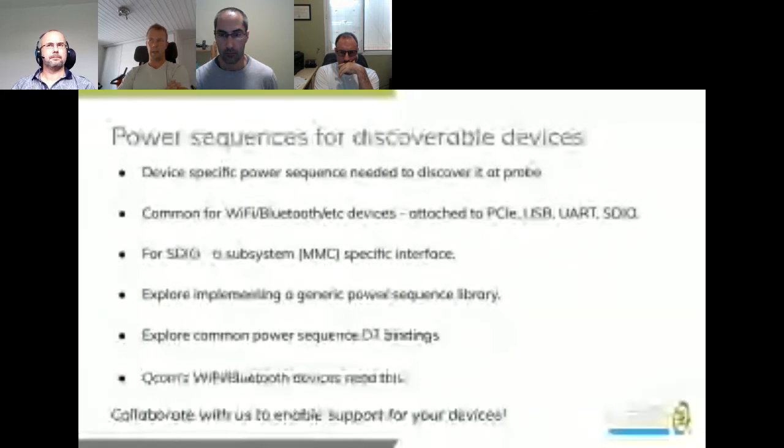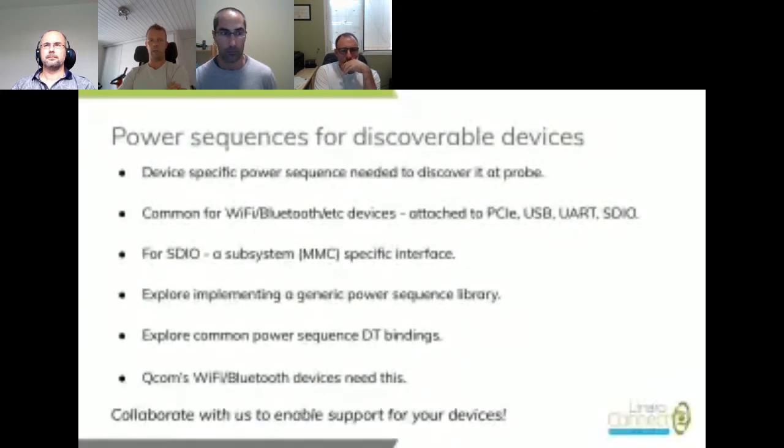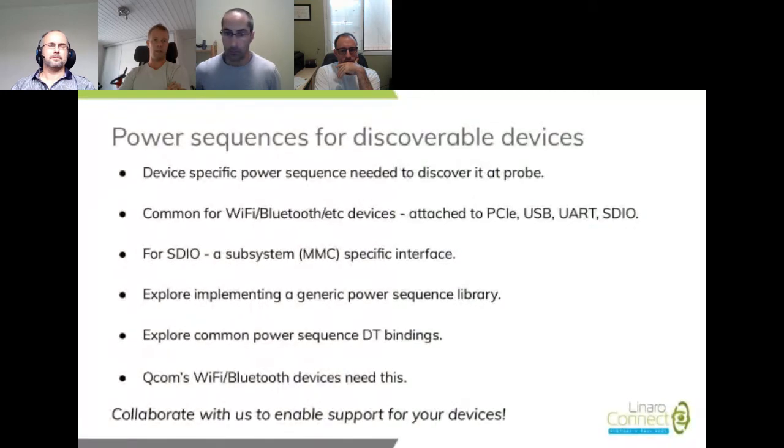So this little task that we're looking into is more or less trying to find a common way to support these devices. And as I say here in one of those bullets, for SDIO we have a subsystem-specific way to deal with these devices. There are also subsystem-specific DT properties for this. And that is my invention several years ago, and that's probably not a good invention, but that happened. So what we're trying to do now is to do the more common and right thing, so it can be used for other subsystems too, like PCI and USB and UART.